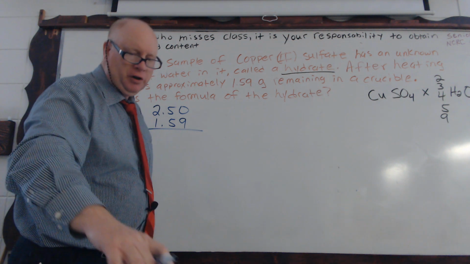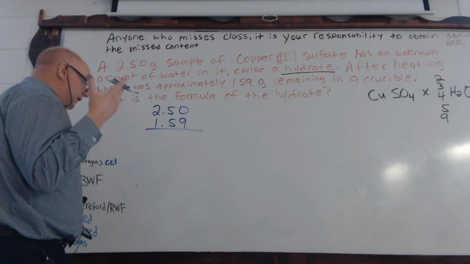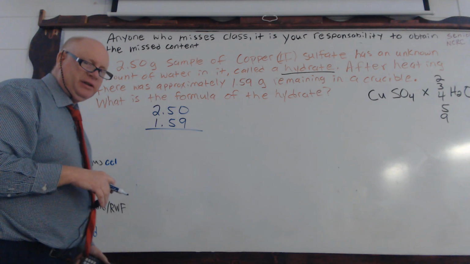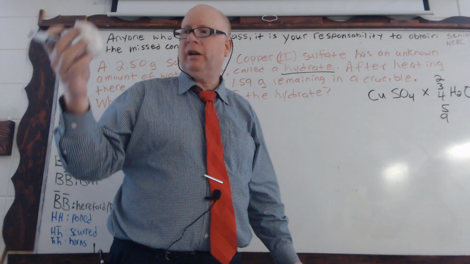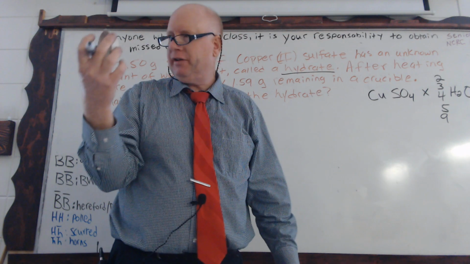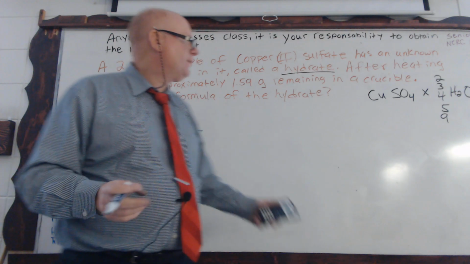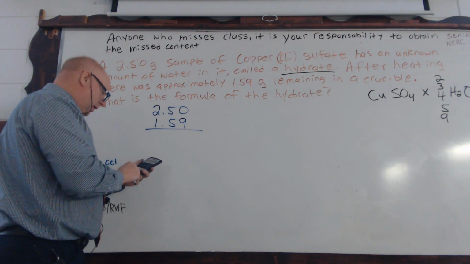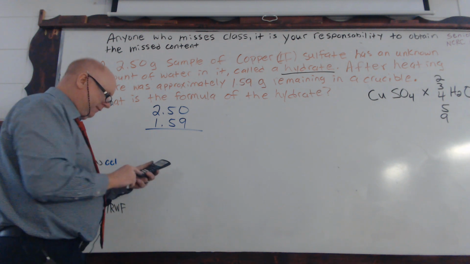So then to determine that, if time allows us to, the activity that we do is a lot more elaborate than this, because this problem here is already taking into account what the mass of the crucible is and everything else within that nature. But in this case, when we subtract these two, we have 2.5 minus 1.59,